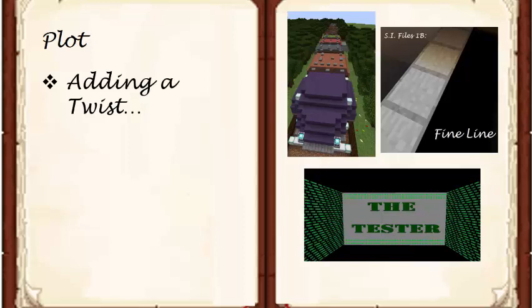You want to be unpredictable, but you want to make sure it makes sense. You want to add little bits and pieces of information into your story that can allow what is going on to actually make sense with your plot twist.